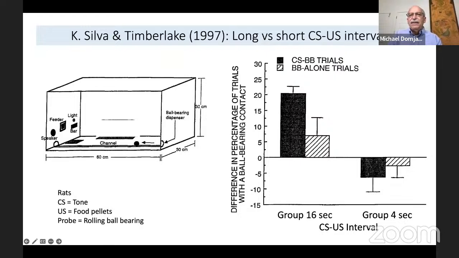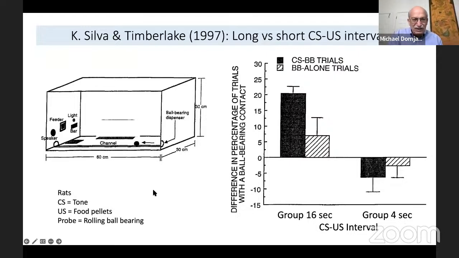For another group, the CS-US interval was much shorter. And if you look at direct conditioned responses elicited by the tone, probably in either case, you don't see much. You don't see any direct responses. And so Silva and Timberlake introduced a probe stimulus. Now, the probe stimulus has never been paired with food. And in this case, the probe stimulus is a